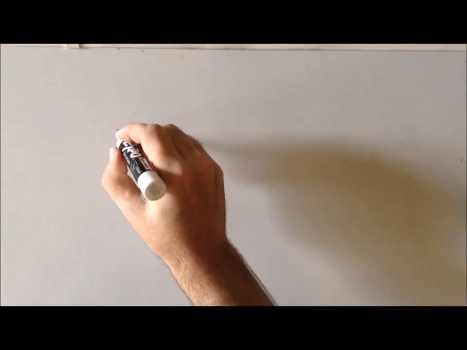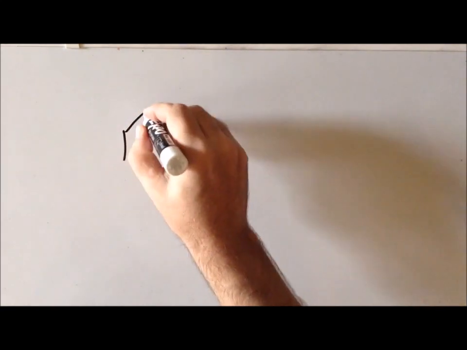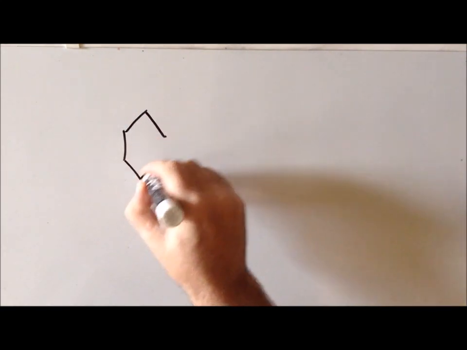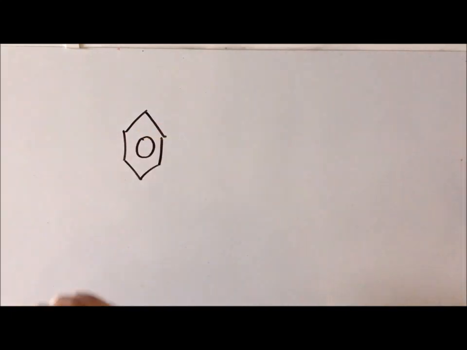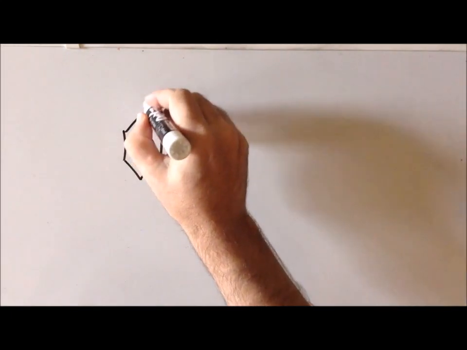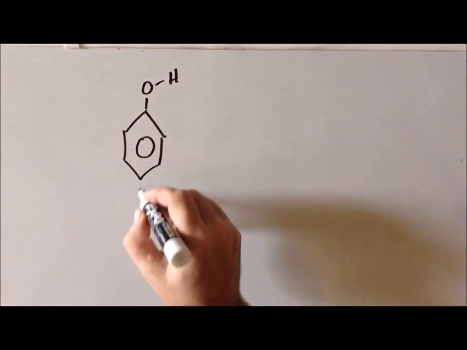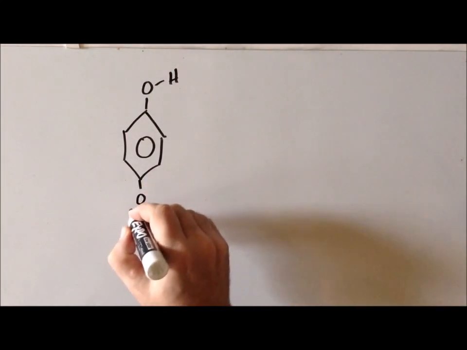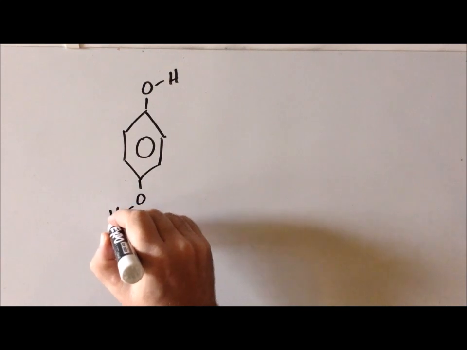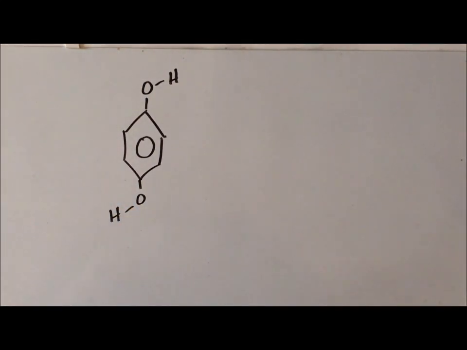For our next molecule, let's take a look at a dihydroxy substituted benzene. So let's put a hydroxyl substituent at the 1 position and also one at the 4 position. This molecule is 1,4-dihydroxybenzene, and we might also recognize it as the reduced form of the compound